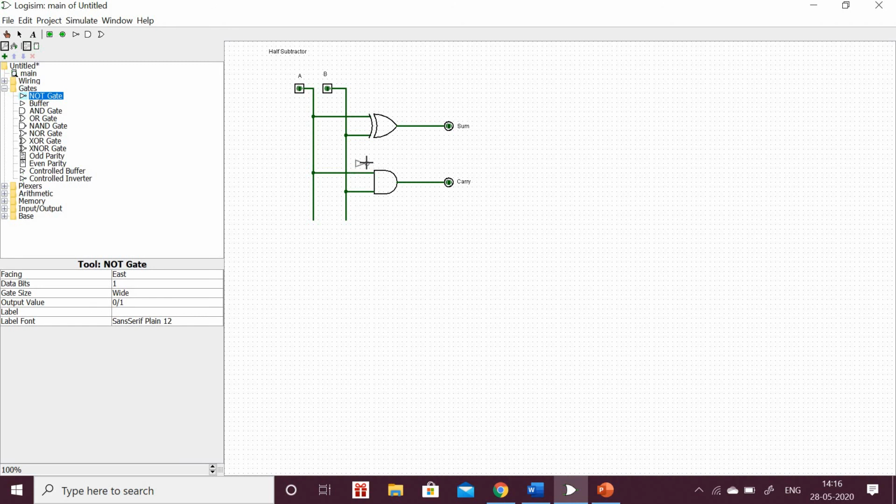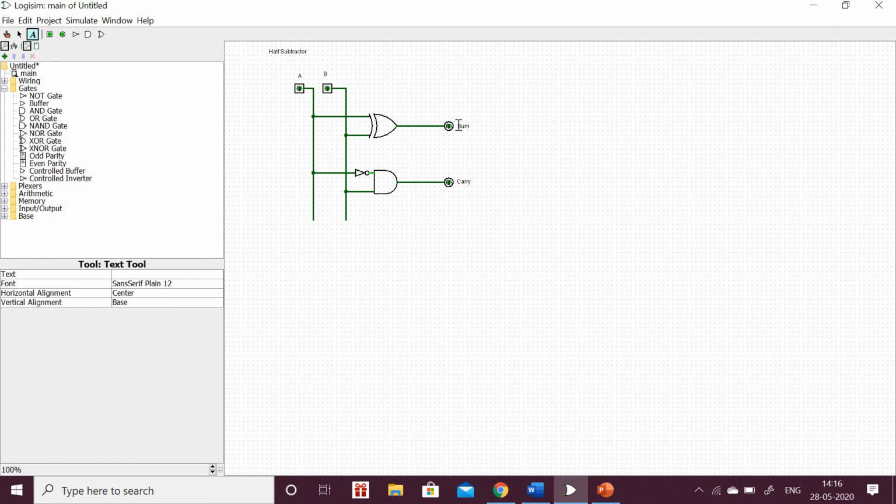Here I will take a NOT gate. I will remove this and I will connect a NOT gate. From A I will connect input A to the NOT gate, and the NOT gate output will be connected to the AND gate.